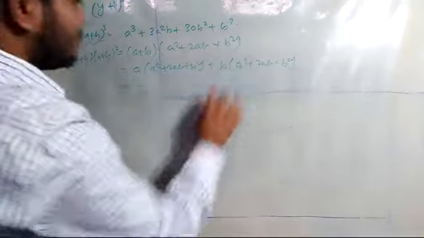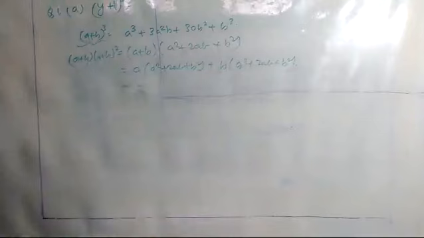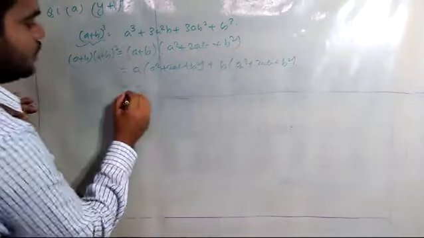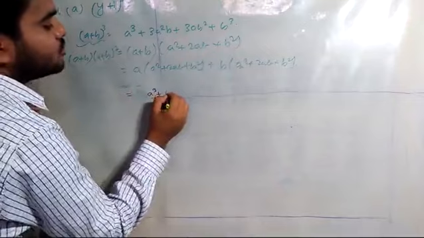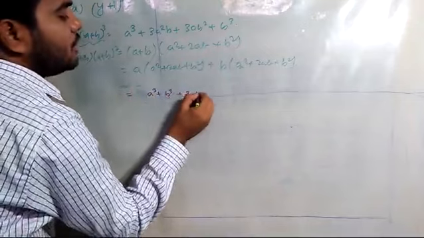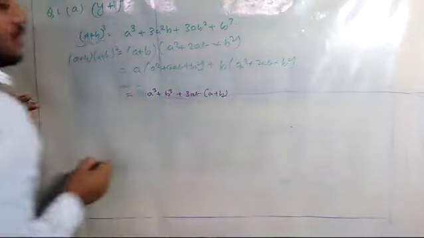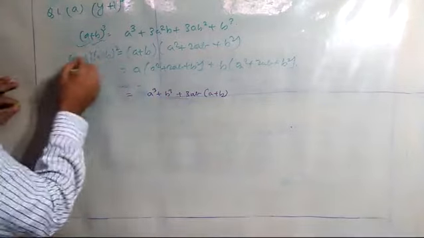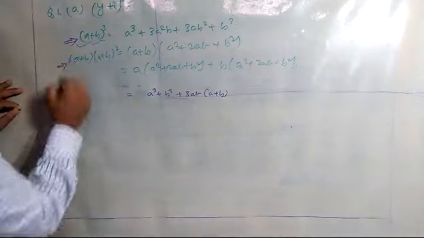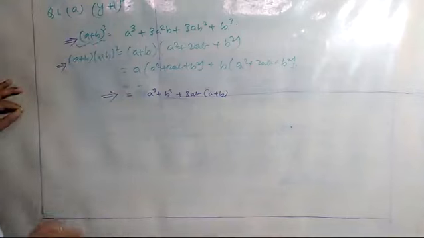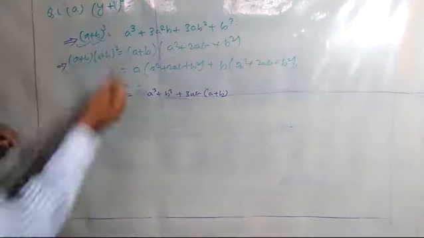In this way you can open this bracket and then you will get the solution. Now third one is like you can write a cube plus b cube plus 3ab into a plus b. Now in this way we are having how many parts? One way we can write like this, the other way we can write like this, and the third one is like this. So whichever method you want you can write.